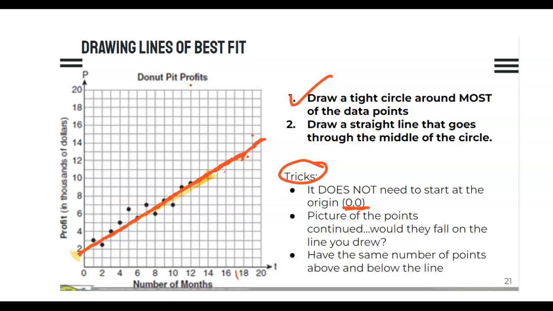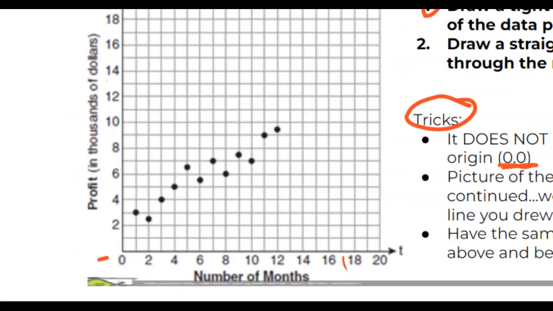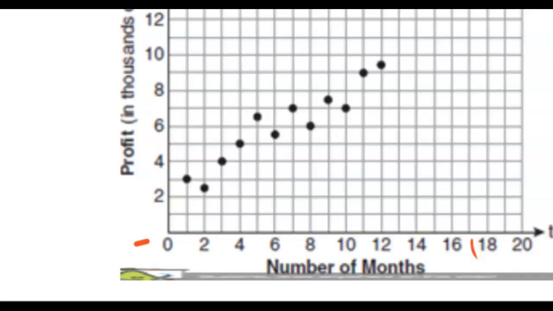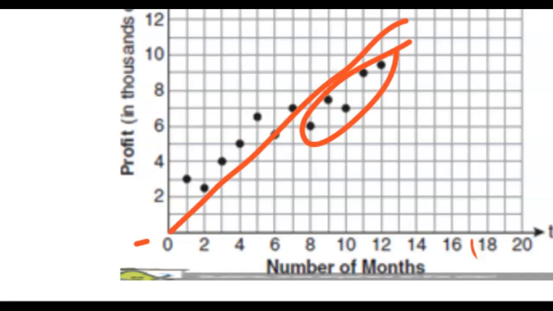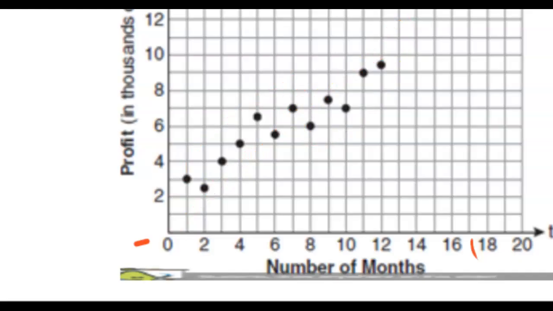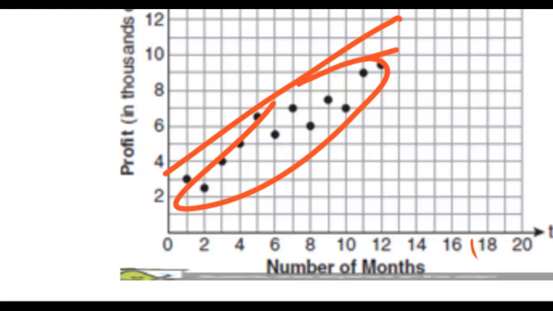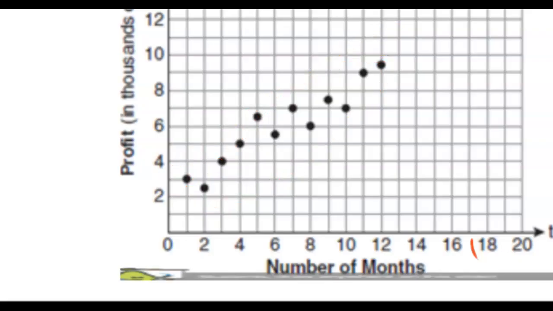So some mistakes I've seen students make on the test is that they try and start at 0, 0, so they might try and start here. And if I start, whoa, picture's going a little crazy. If I start here, notice I have points below the line and points above the line. So that's not going to work for me. I've had students go too high above the line. So again, look at all this data that I didn't represent when I did that. So we want to represent as much data